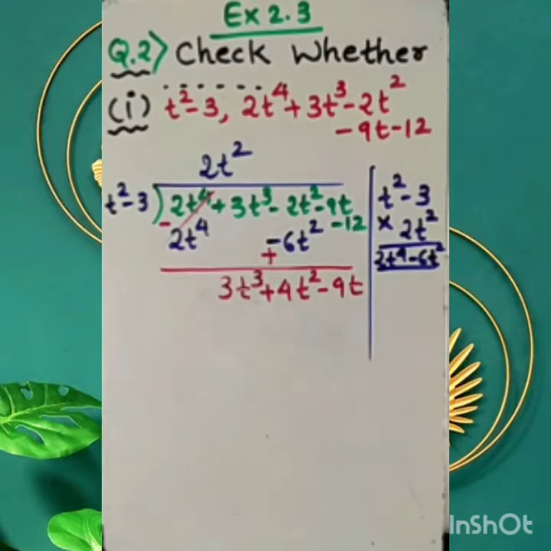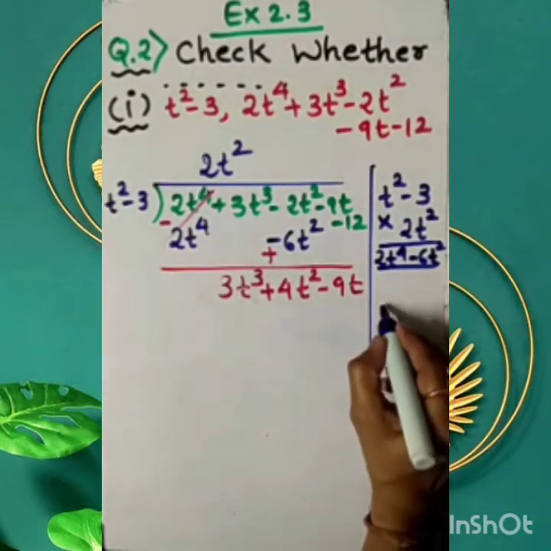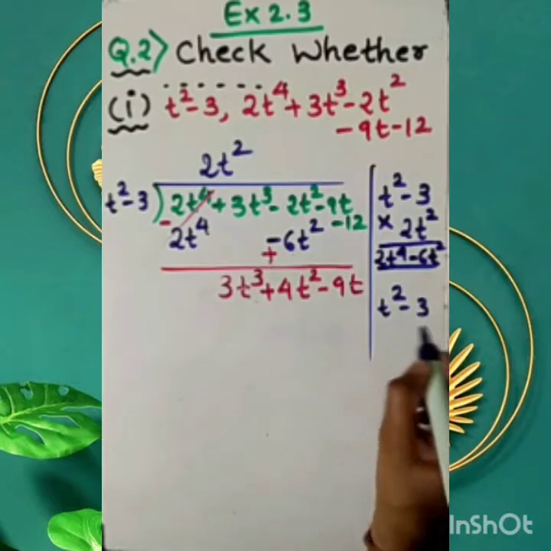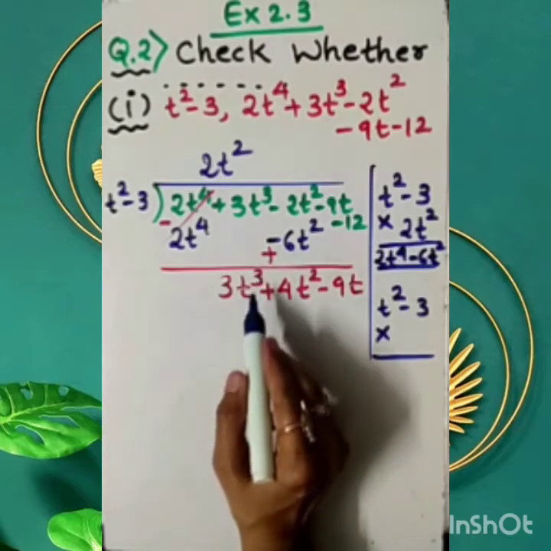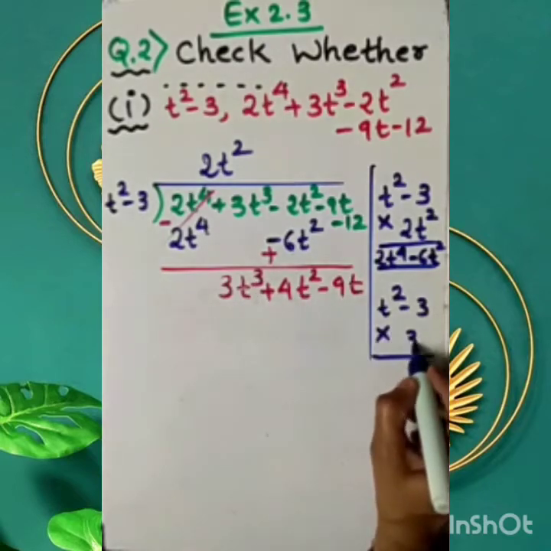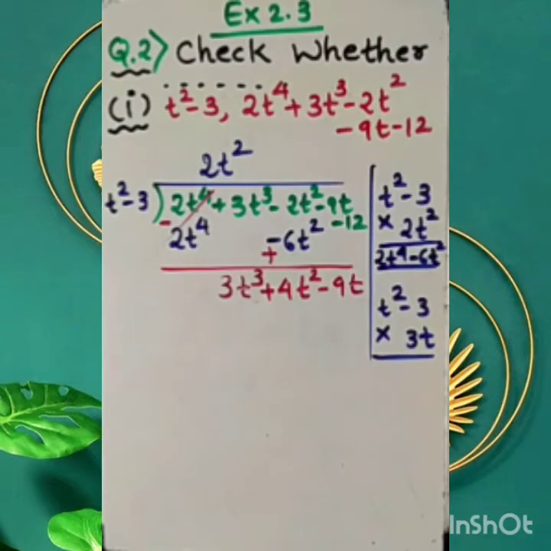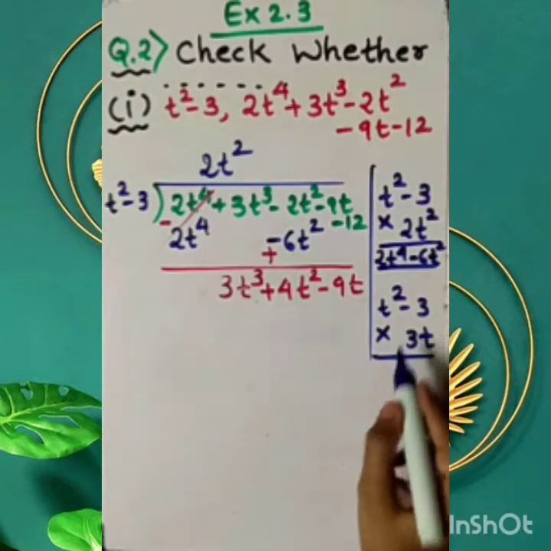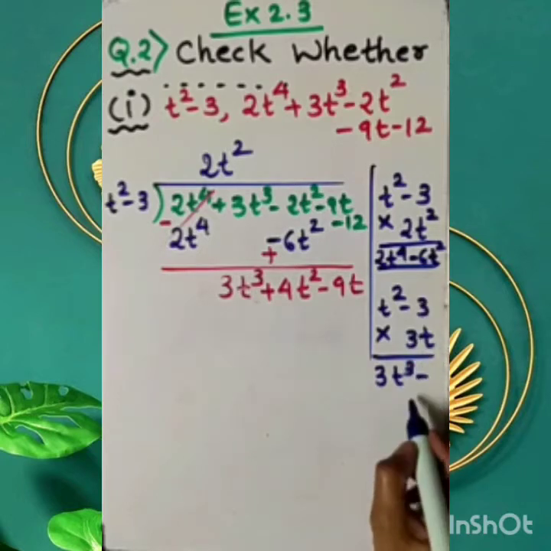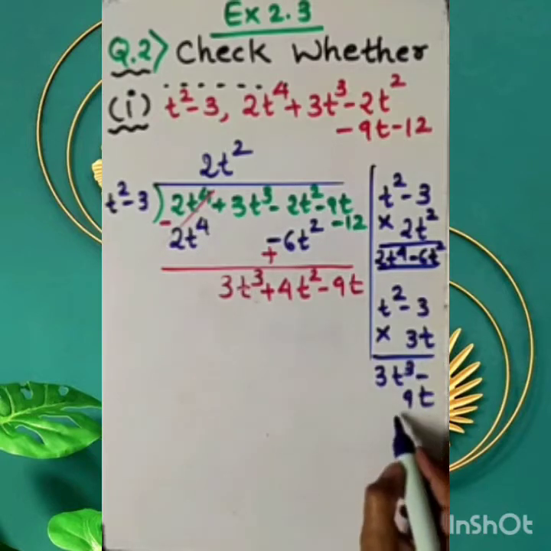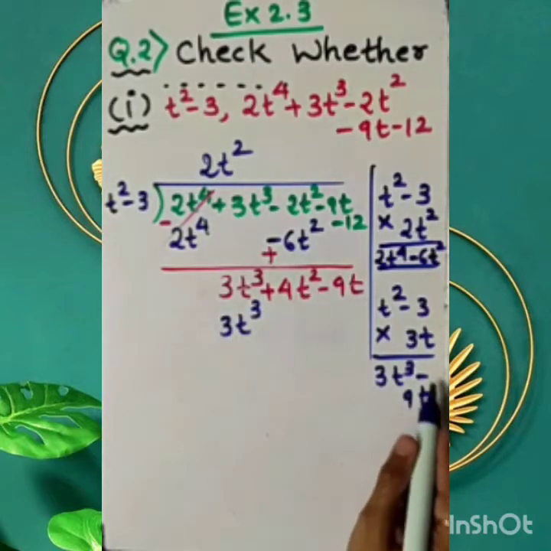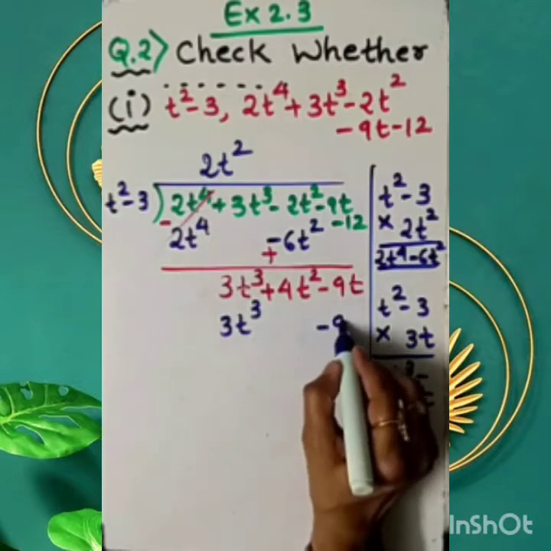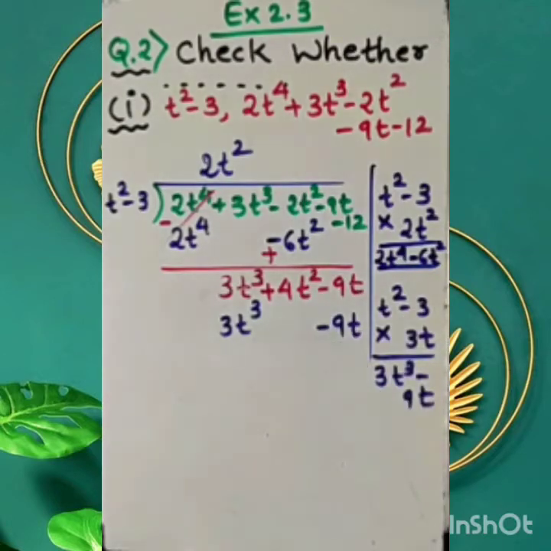Now let's see further. Is it possible to solve further? Let's see t square minus 3. Now this time I want 3t cube here, so I need to multiply with 3t. If I multiply with 3t, then I will have here 3t cube minus 90. Clear to you? So 3t cube I am writing here, and this minus 90 I need to mention under this.